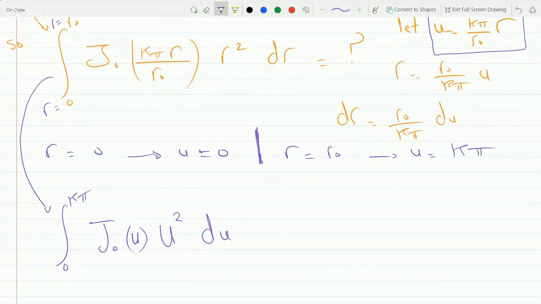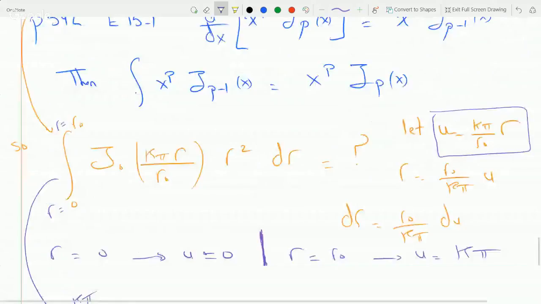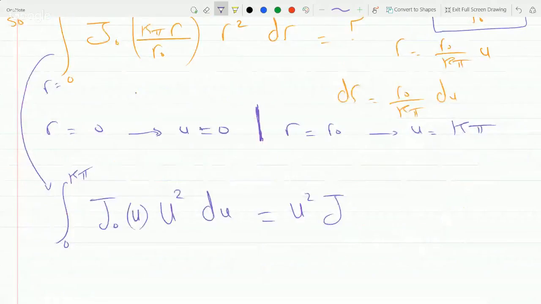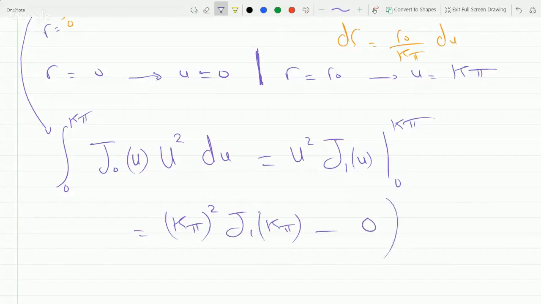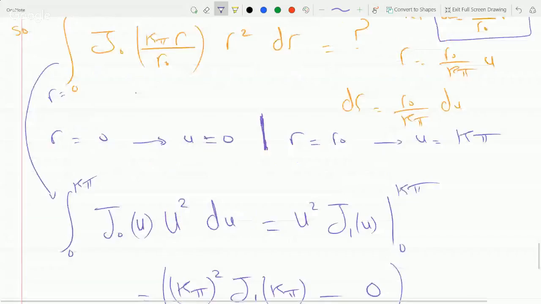Okay, and according to the recursion formula that I wrote here, this is just u squared j1 of u evaluated from 0, because we were at Bessel function 0, now we're at p equals 1, Bessel's solution for the Bessel function 1. So from 0 to 1, we will get u squared, which is k pi squared, j1 of k pi, minus u of 0, which is 0, and this whole thing is multiplied by